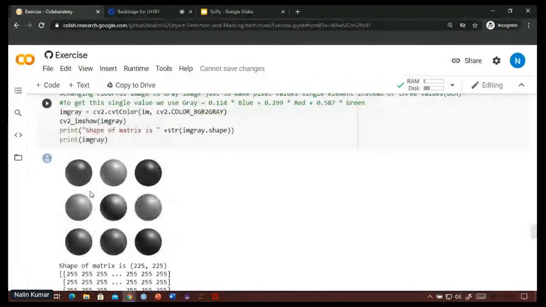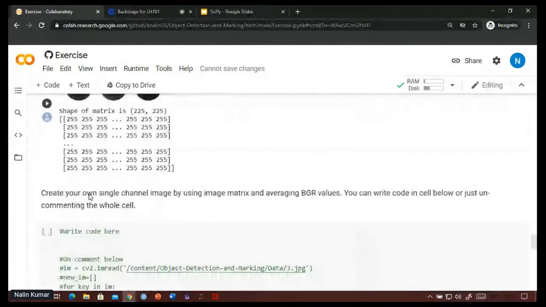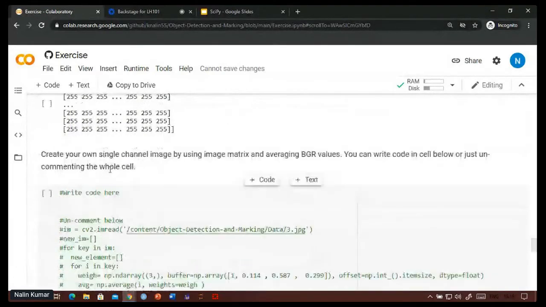Now you can try creating your own single channel matrix without using any OpenCV. As you know the matrix and its elements, you can take out a single element from the matrix, average it out, and then create a new matrix.